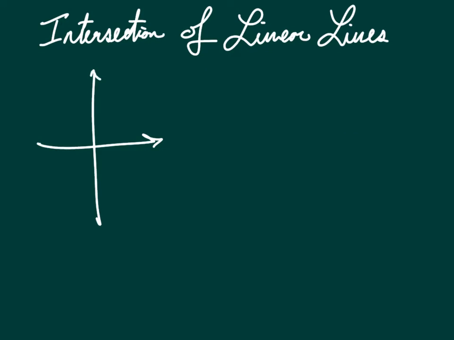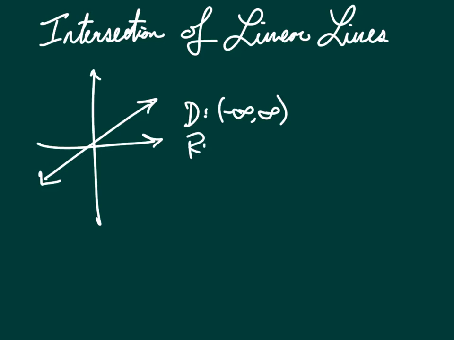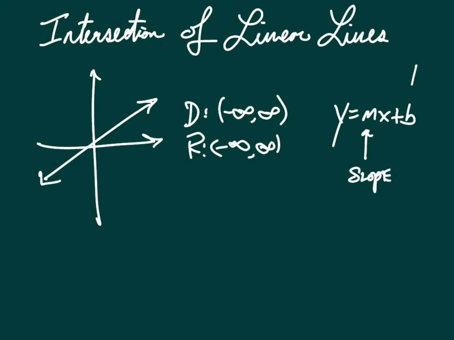Just as review, we look at a line. It goes on forever. It has a domain of negative infinity to infinity, as well as a range from negative infinity to infinity. Most of the time, it's represented by the line y equals mx plus b, where m is the slope and b is the y-intercept. And so those are the two critical things that we got to know